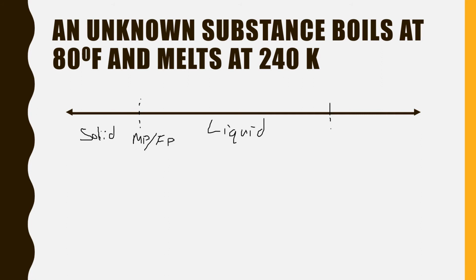You continue to add more temperature, then it starts boiling, and then it becomes a gas. So the line will always look like this. So if I say an unknown substance boils at 80 degrees Fahrenheit, and melts at 240 Kelvin,